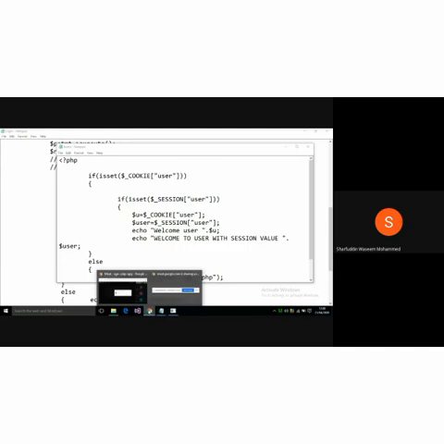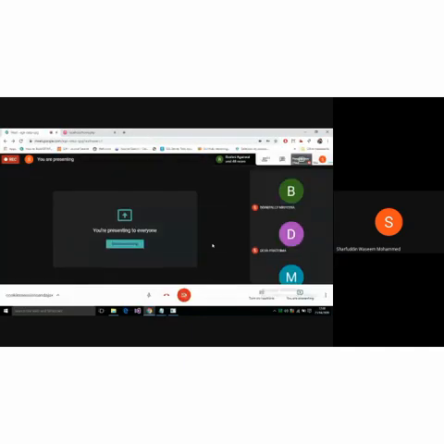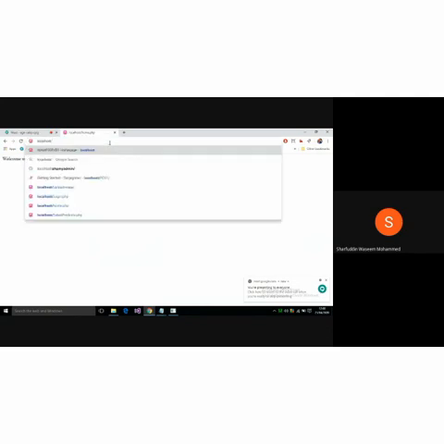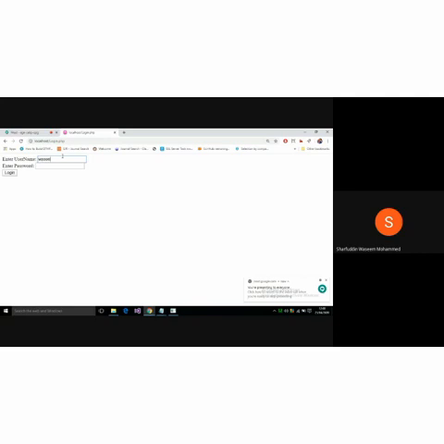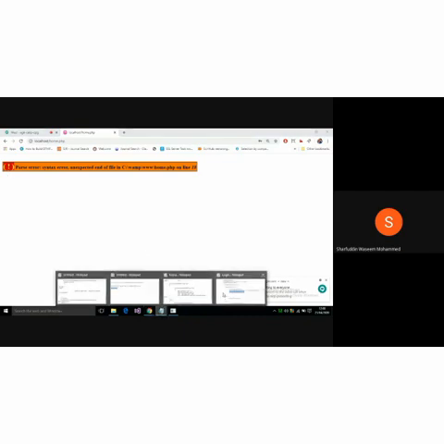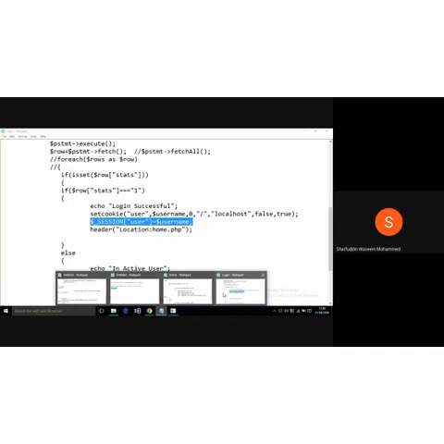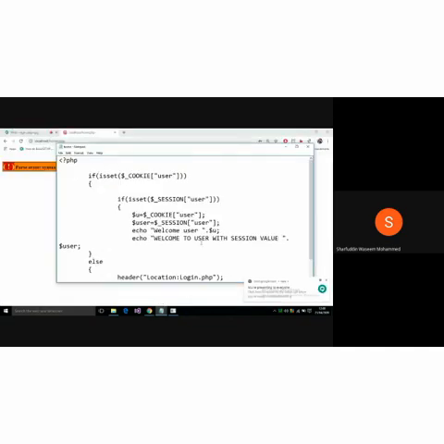Now when I run this program, you can observe login.php. There is an error on line number 18, it seems. We will check. Yes, because I did not close this inner if. So this needs to be closed.